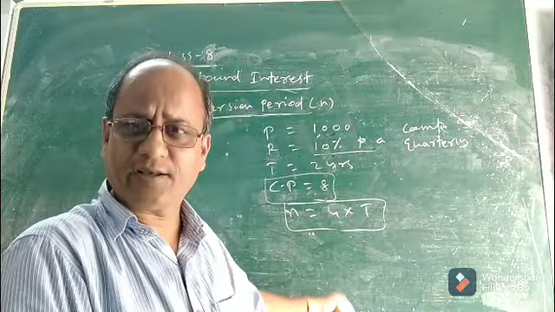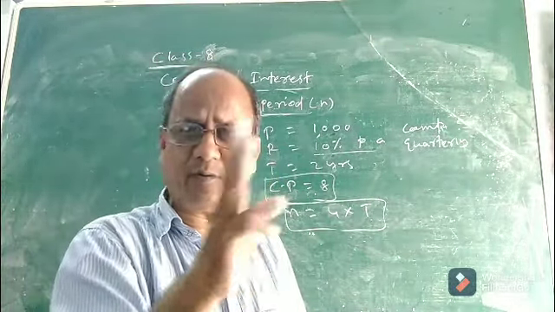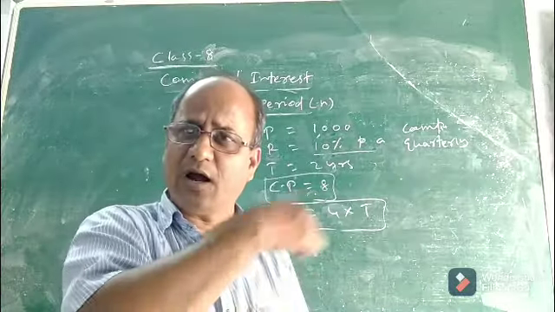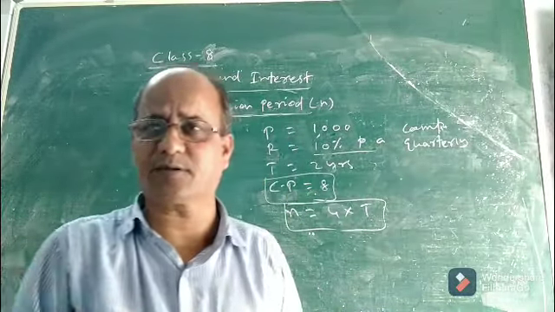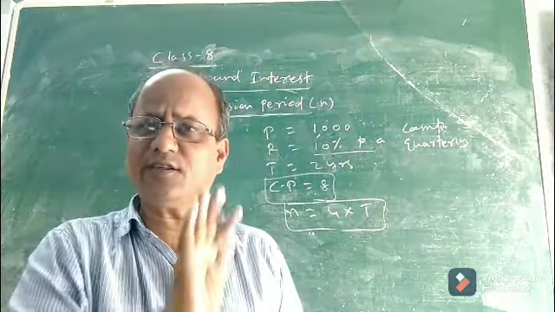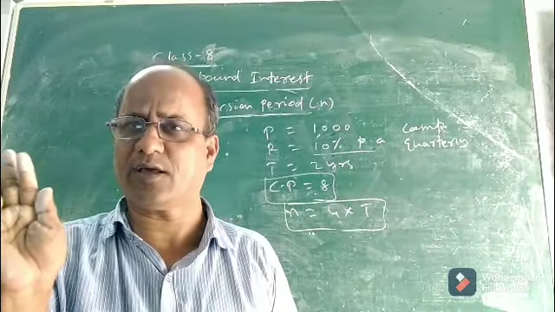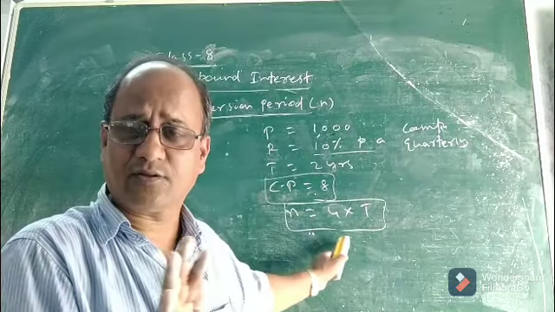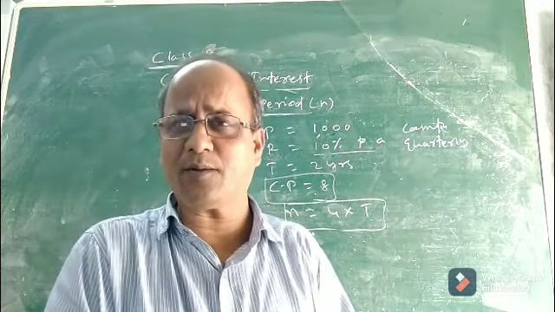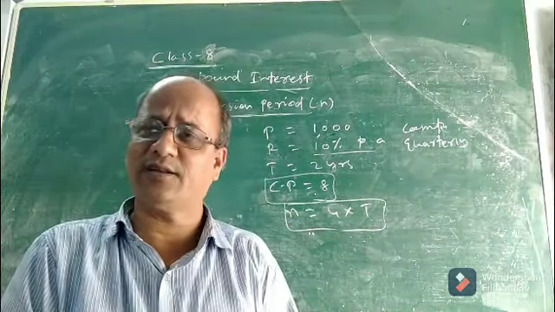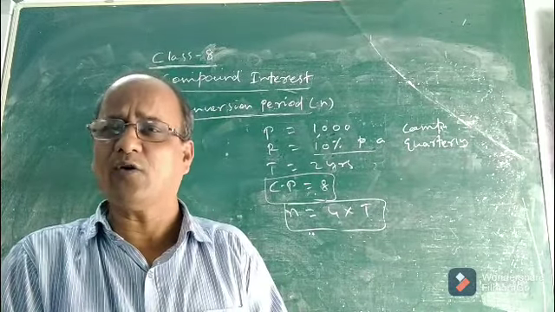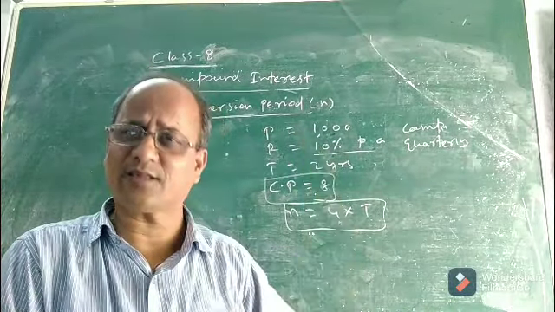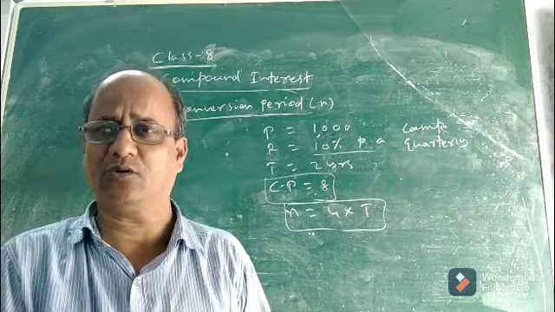Okay. And there are 3 cases I said: interest may be compounded annually, half yearly and quarterly, and for the 3 different cases the conversion period will be different. So children, this is the concept of conversion period. I could not discuss the formula because it was very lengthy to discuss. So what will be the formula for compound interest? I will discuss it in a separate class. So I hope whatever I discussed in the previous class and this class, you must have understood. Thank you.